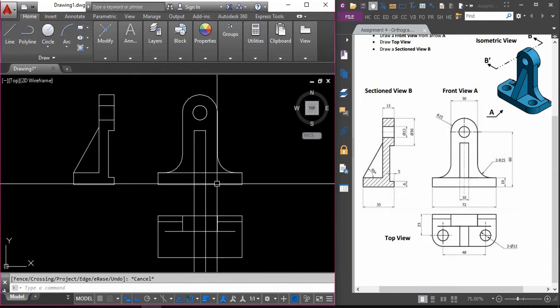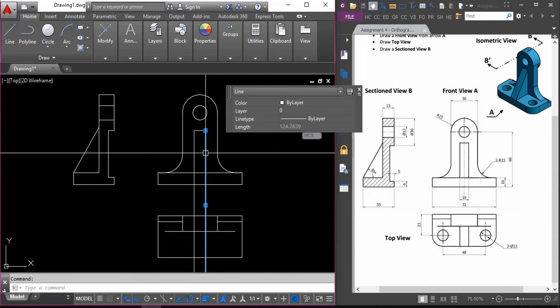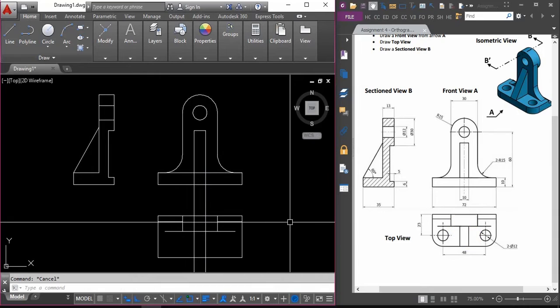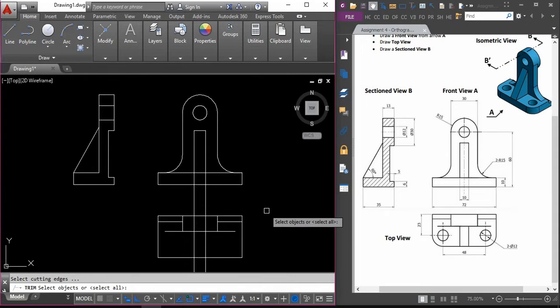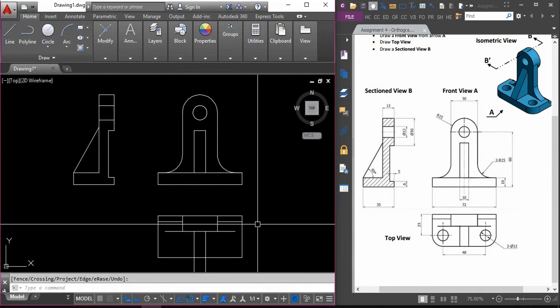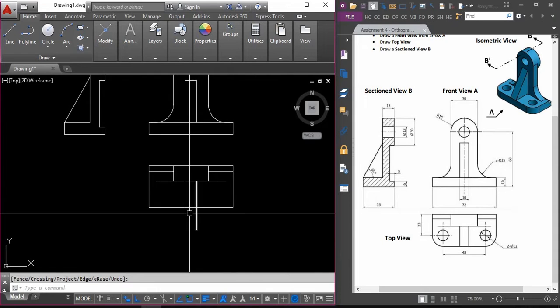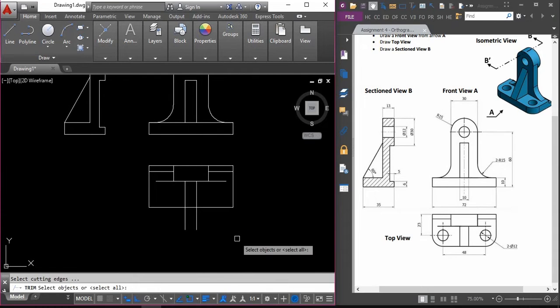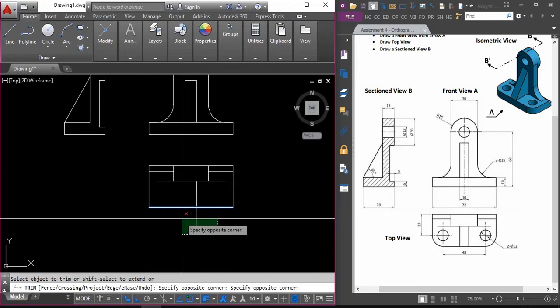And then I want to trim this up to this, so we'll trim these two vertical lines. So I will select the boundary here and the boundary here, space bar, and then delete the two sections here. Okay, and then I will delete this, so trim, select this. Okay,